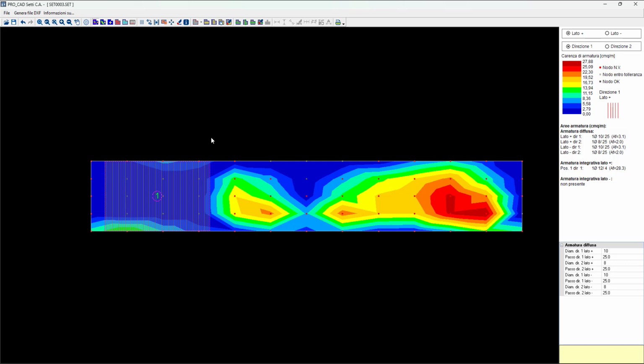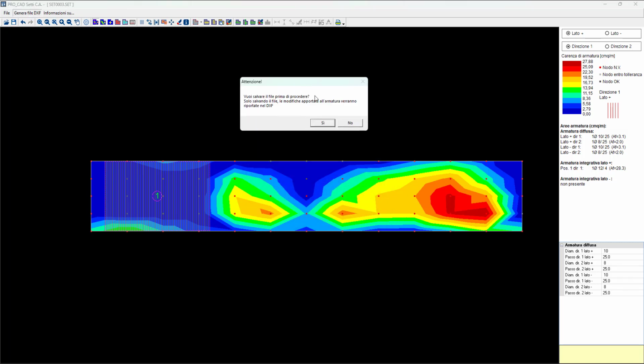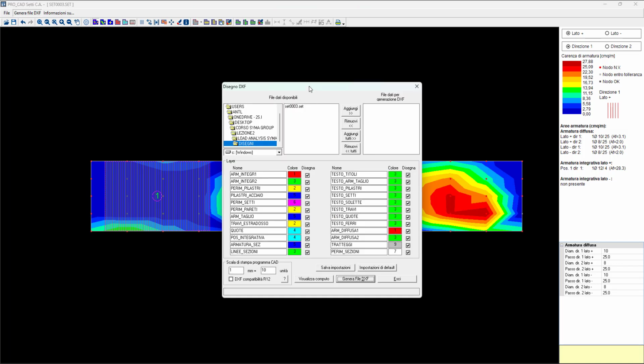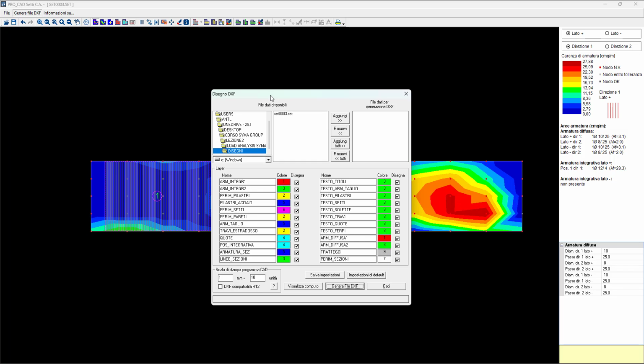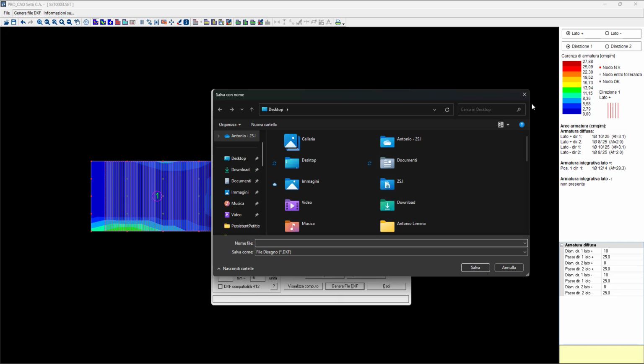And then when everything is done, when you're fine with your results, you can go generate file DXF. Of course, you should save before. And as we previously did with the pile foundations, you can just select the file, add on the right, and go generate file DXF.